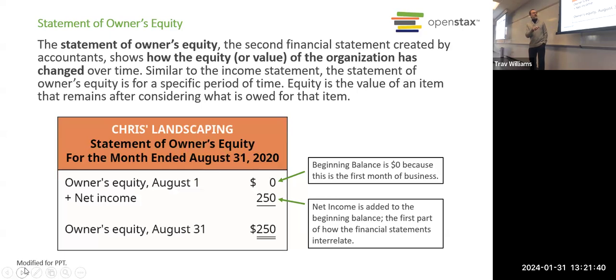Okay, so Chris had 0 equity. That suggests to us Chris probably just started the business. And he didn't put any money into it yet. So the business doesn't own anything, doesn't have any assets, doesn't have any liabilities, and doesn't have any equity. But in that initial period, he had a net income of $250. Where do you think the net income came from?